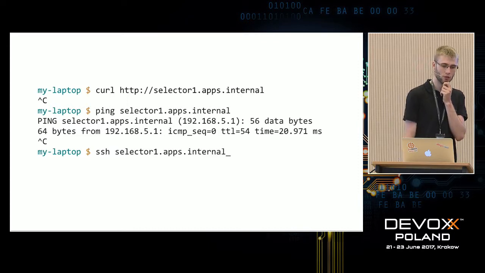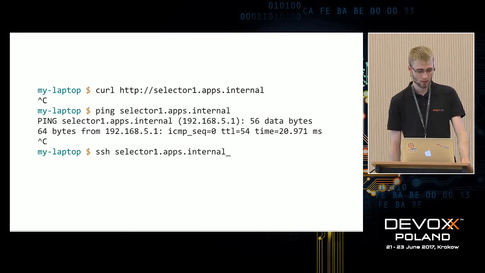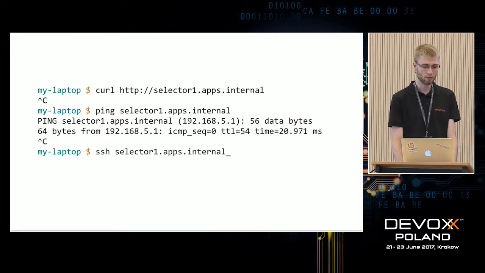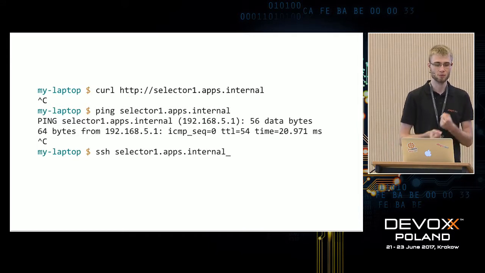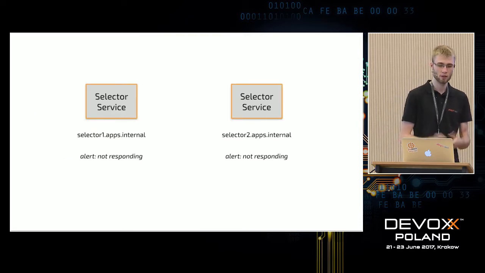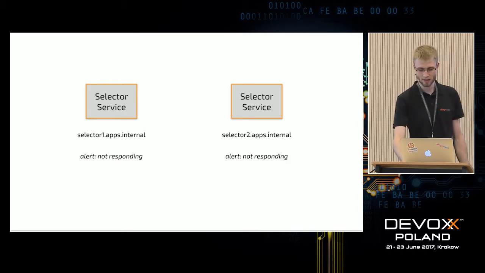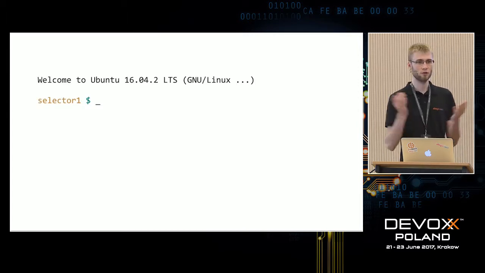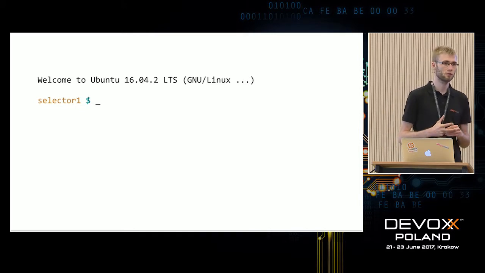Right, so imagine we're not running on some managed environment like Marathon, Mesos or Kubernetes. Let's say we have our own machines, virtual machines. So let's SSH onto this machine and check what's happening. And while we are SSHing, we get an alert that the second instance is also down. Well, that's bad. All right, so we are on this host. So what can we do while we are on the host to check why the application is not responding?